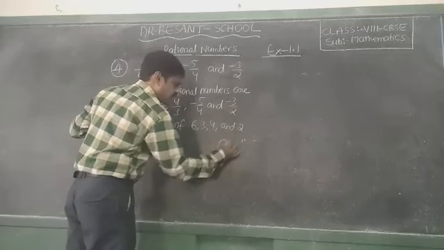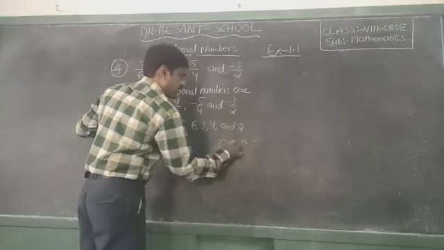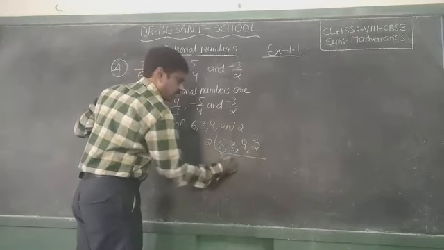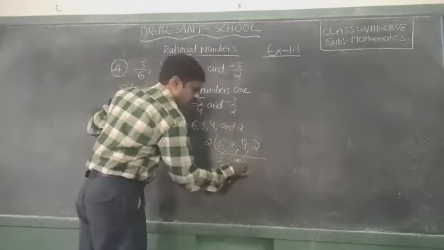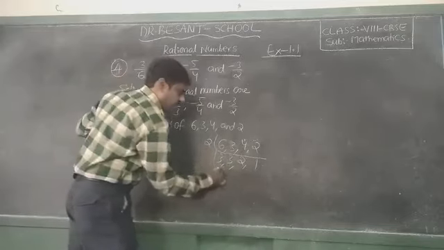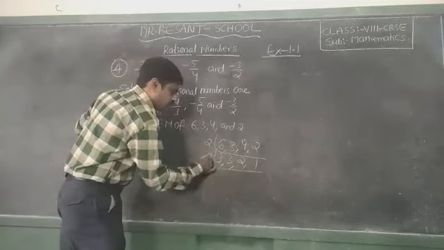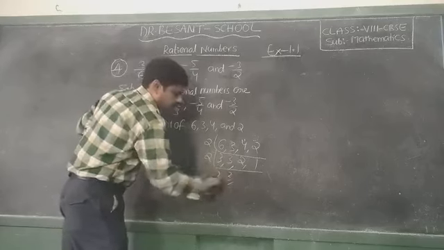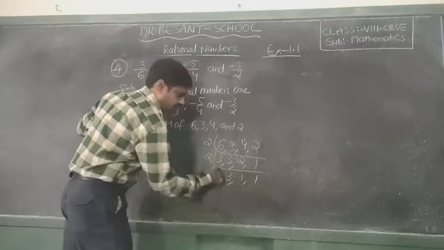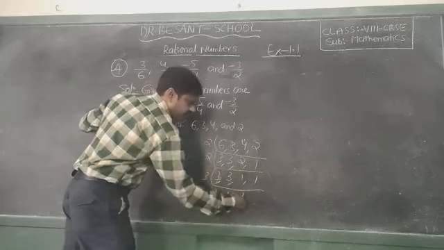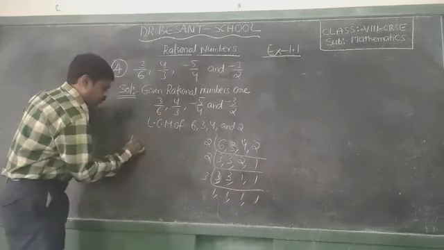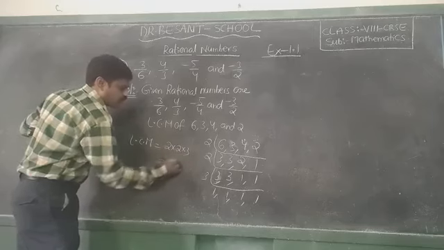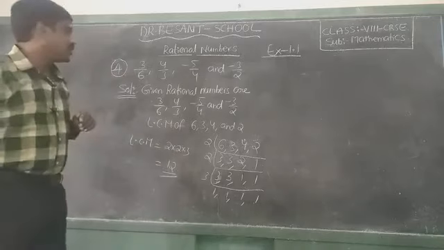That means 6, 3, 4, 2. 2 3s are 6, 2 2s are 4, 2 1s are 2. Again 2. 3 is not divisible by 2. So 3, 2 1s are 2, 1. Again 3 1s are 3, 1, 1. So LCM is equal to 2 into 2 into 3. 2 2s are 4, 4 3s are 12. So